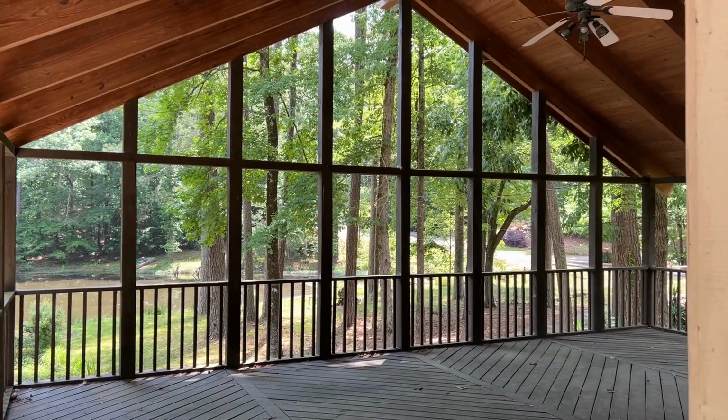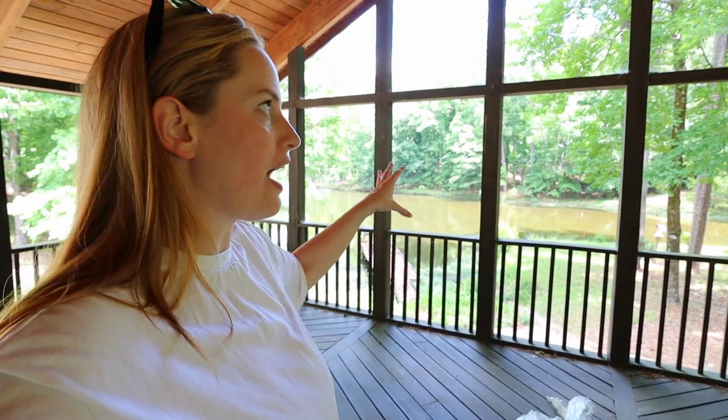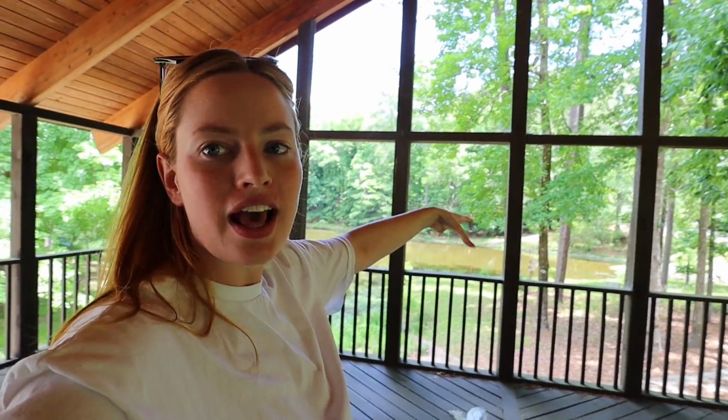You guys know this lovely space. My dad and I, from the second we first looked at this house, or, well, I looked at it, but I brought him here, you know? We were like, okay, the options: I could screen this in, turn it into a screen porch. I could end up glassing it in the future and turn it into a sunroom. I knew I was leaning towards eventually glassing this in because you want to see this water. You just want that view, and with the vault and everything,